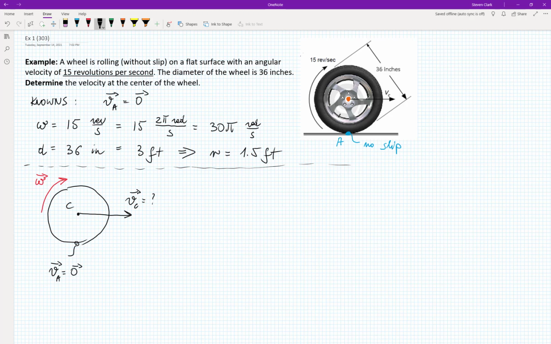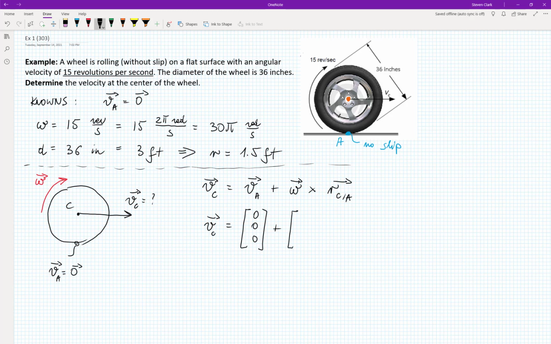Okay, so let's go for the equation from the previous board. In here we will have Vc that is equal to Va plus omega times RCA. So our Vc will be equal to 0, 0, 0